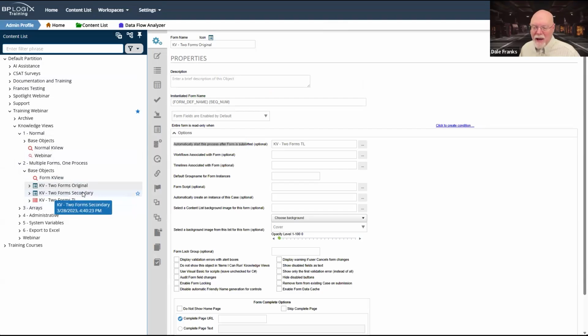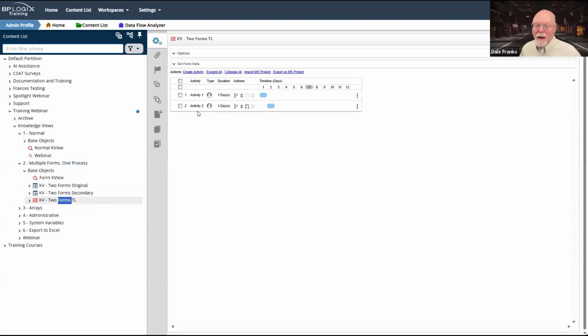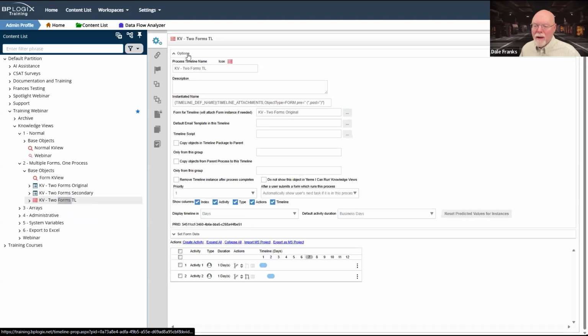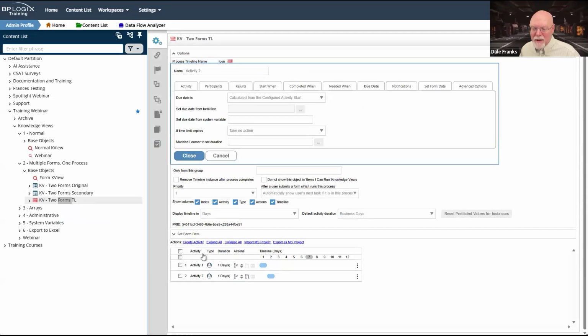Then I have a secondary form, and that does not start the knowledge view. So I have my two forms. Now I've forgotten how I configured this to run both forms.